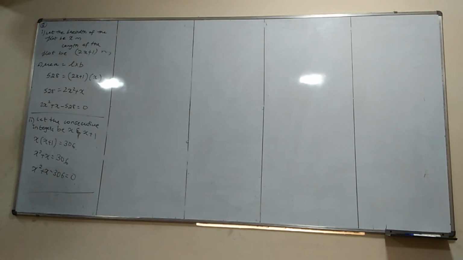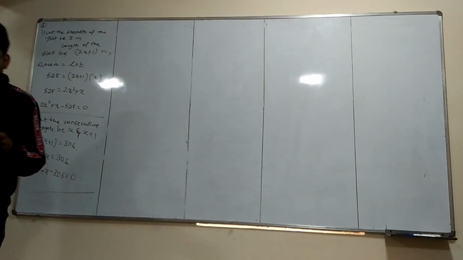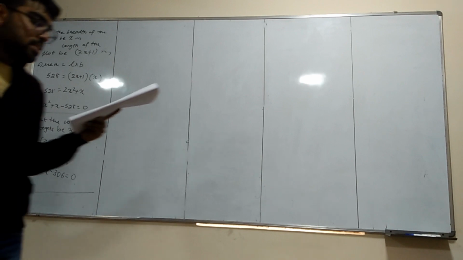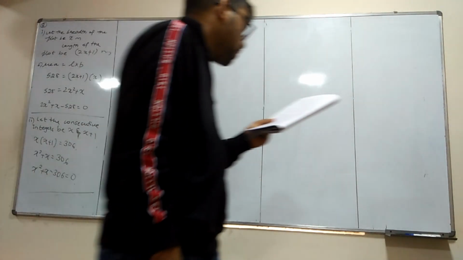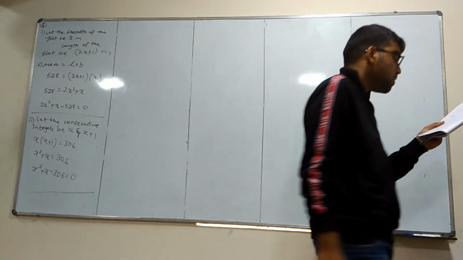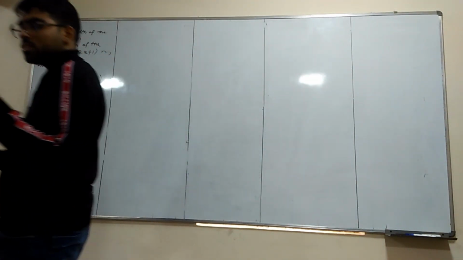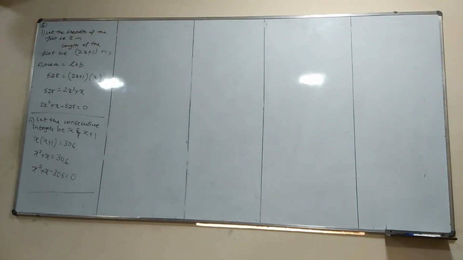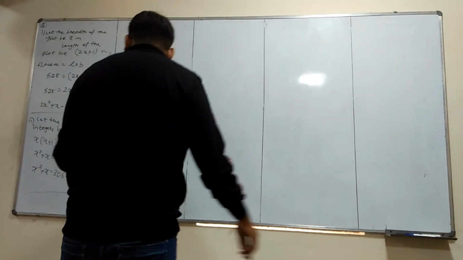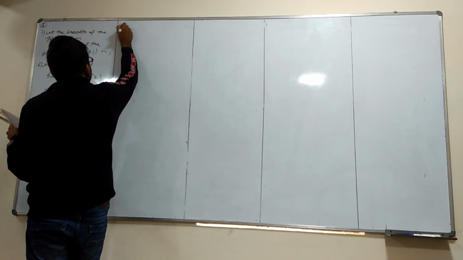Rohan's mother is 26 years older than him. Age problem again. This is an important question. Rohan's mother is 26 years older than him. The product of their ages in years 3 years from now will be 360. We would like to find out Rohan's present age. Let Rohan's age be